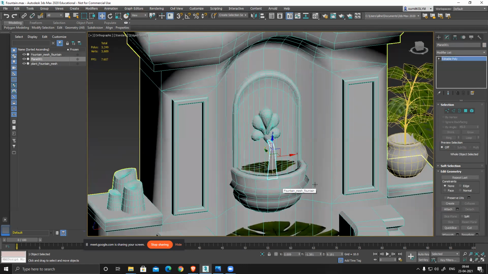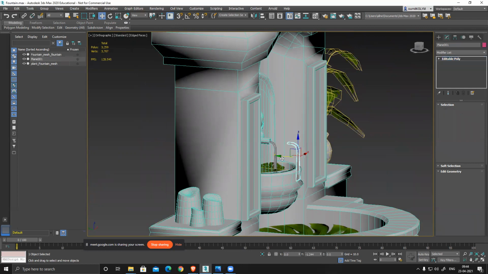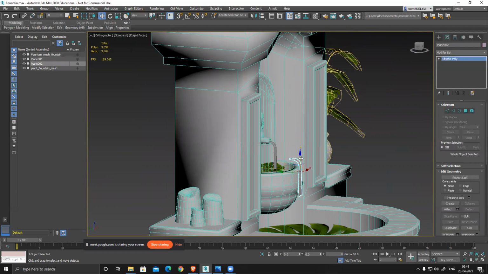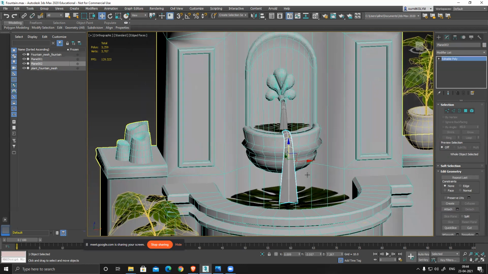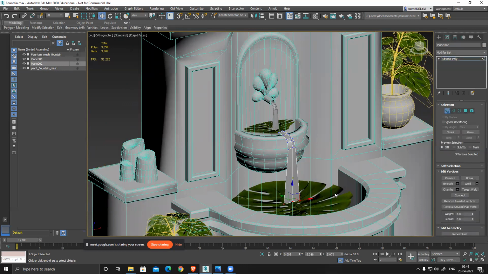Now I can just simply duplicate this and place it multiple times. I can see I have one, two, three. So copy, straighten the line and push it inside.